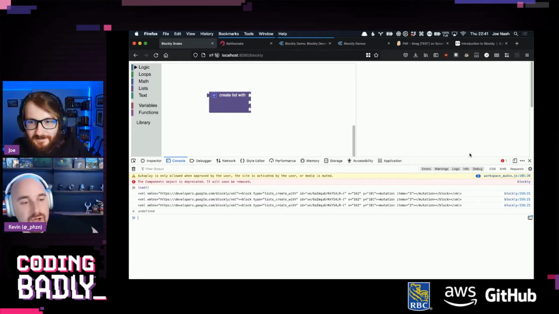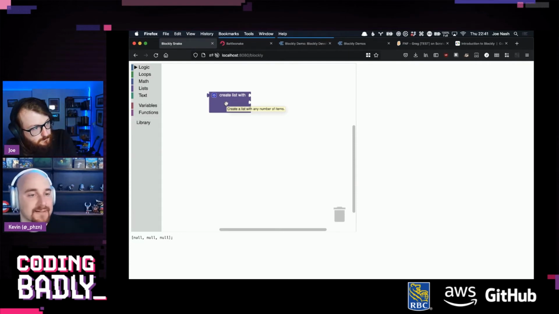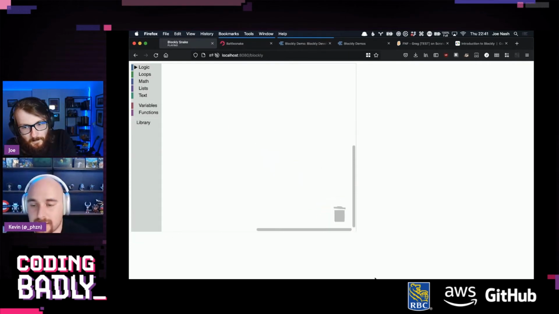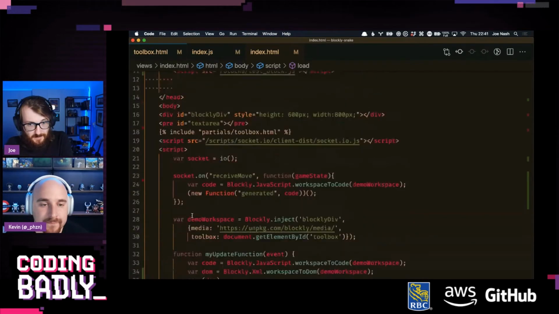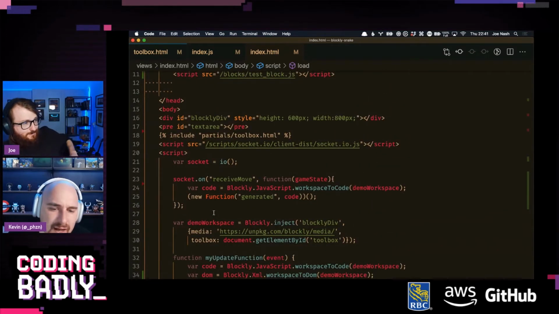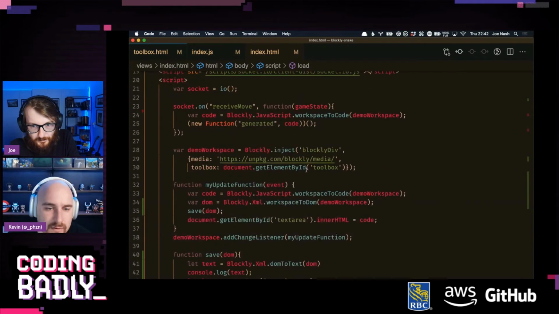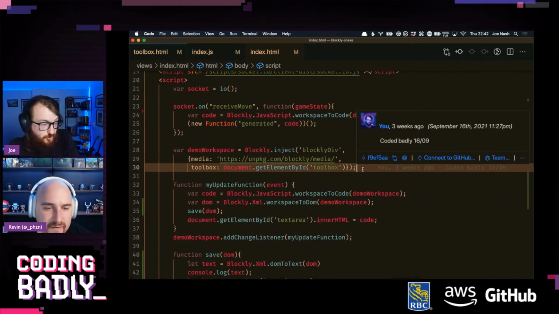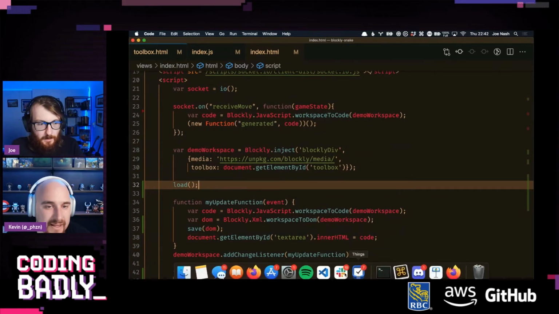We've done it. So now we want to run that automatically when we create the workspace. Lovely. Very cool. And when we do that, that's going to be an on-page load event thing, right? Which I haven't done since 2007. I think it's specifically after our creation of the demo workspace. When we do the injection, I think it's just after that. Straight up call load here. Yeah, why not? Seems fine. I mean, let's just test it.